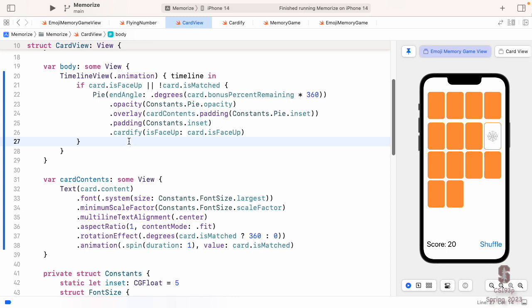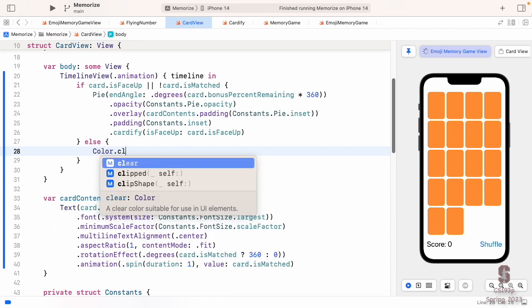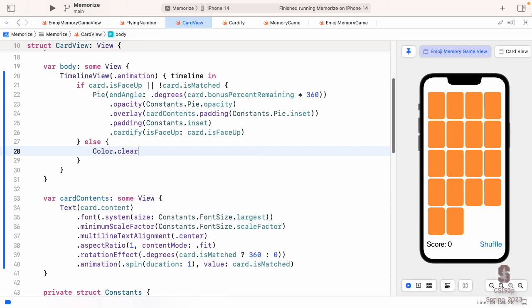That's a simple one to fix in another way besides using the opacity trick, which was just to say color.clear. So color.clear is like saying rectangle.foregroundColor clear. Clear is clear. And that is going to make a rectangle that's going to sit in that space that you can't see. So watch this. And when I match, whoop, disappears. And now there's a clear rectangle here. You can't see it, it's clear, but it fills that space. So that's a simple way to stop that collapse. Views are still coming and going here. The cardified pie is still disappearing.